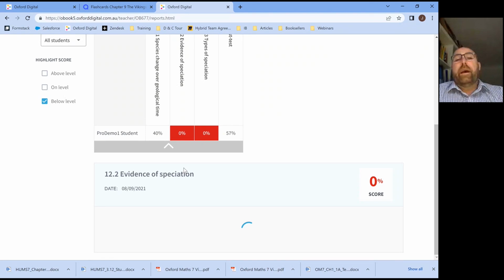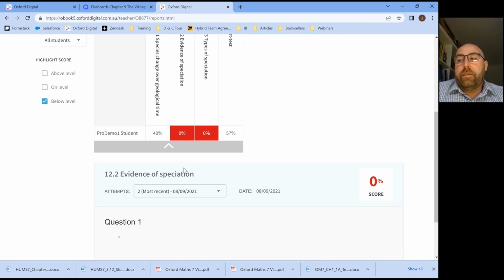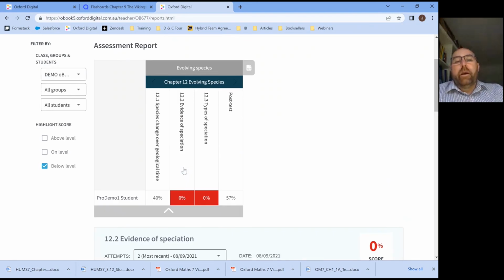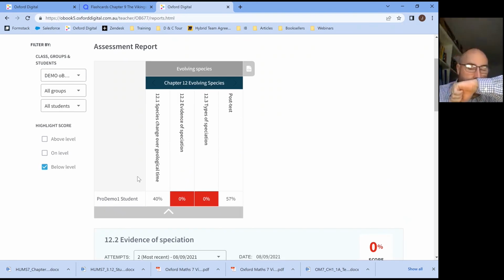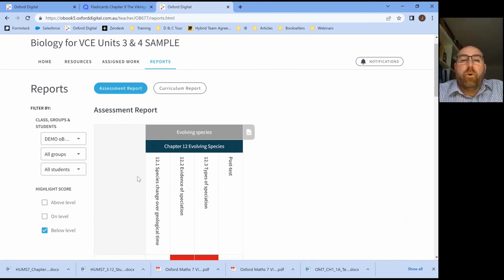And again, any of the quizzes that your students do, they're automatically answered, so you don't have to do any of that. It gives them instant feedback, and it feeds directly into your teacher dashboard so that you, as a teacher, can act on that information straight away. So it's a great tool for that. And that is just the assessment reports. With the curriculum report,